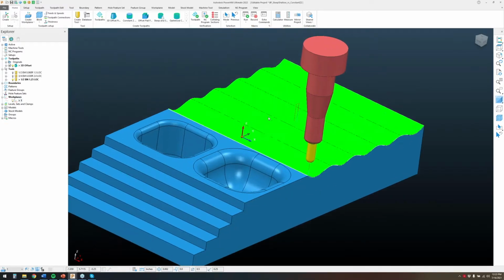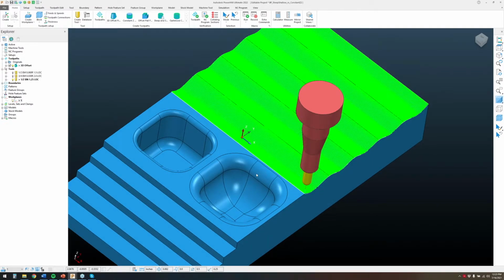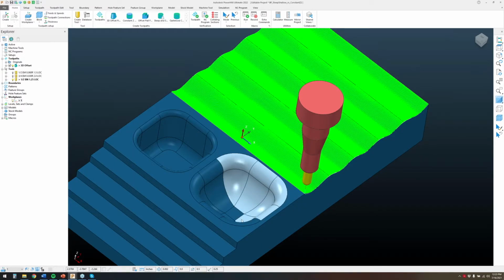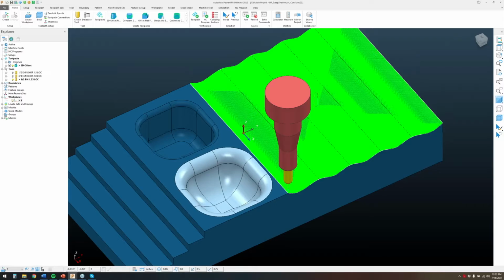And remember, with this toolpath, it's always good to create boundaries with it. So the 3D offset finishing toolpath, it's always good to have boundaries with it. So what I'm going to do is change the cursor selection tool to paint. And I'm just going to paint this front pocket, right? Now I'm going to create a new boundary,